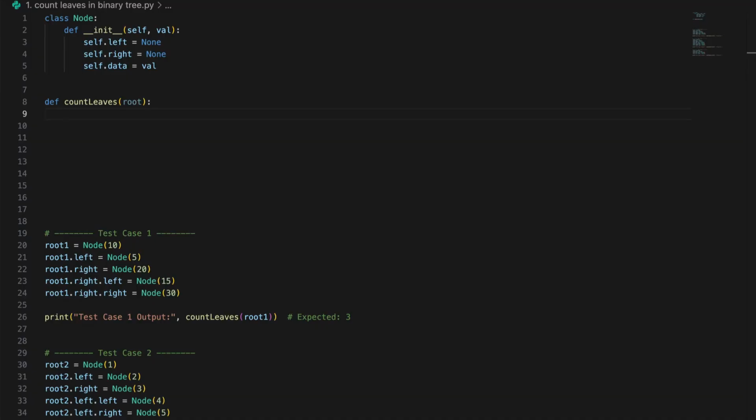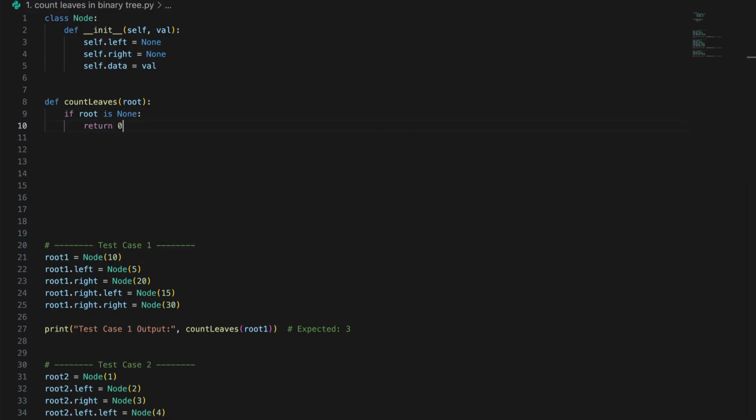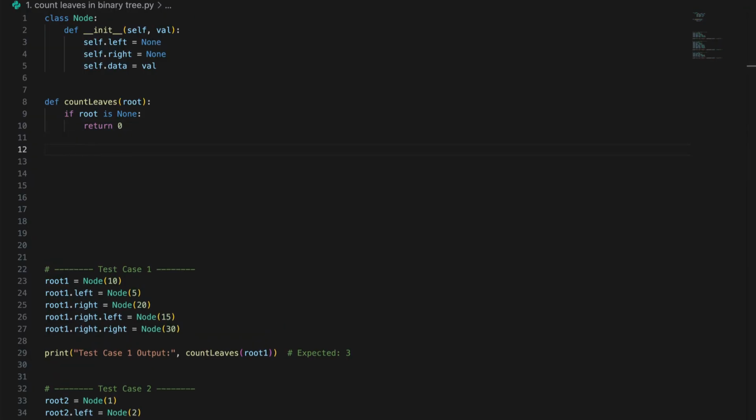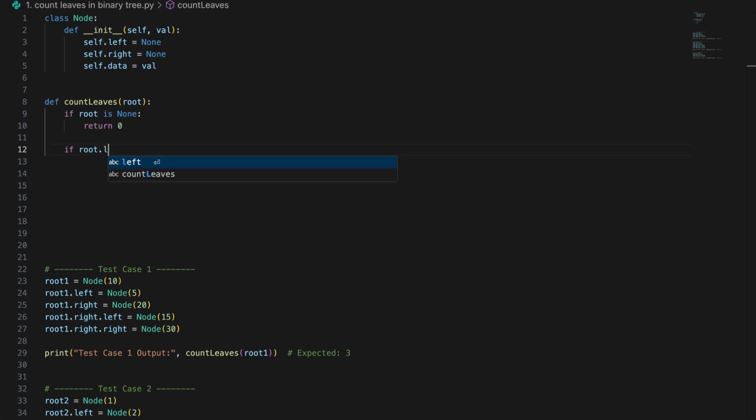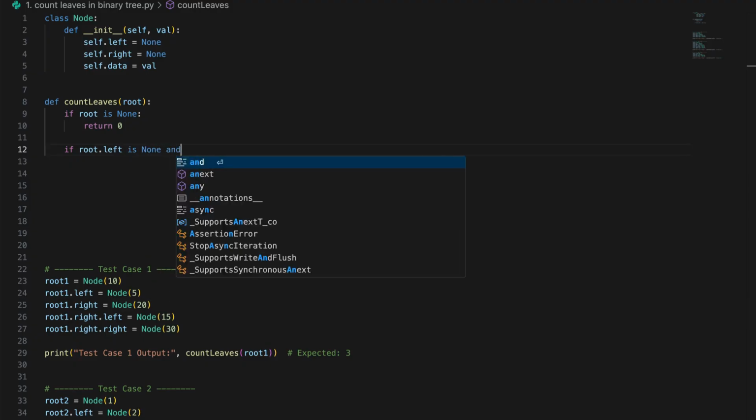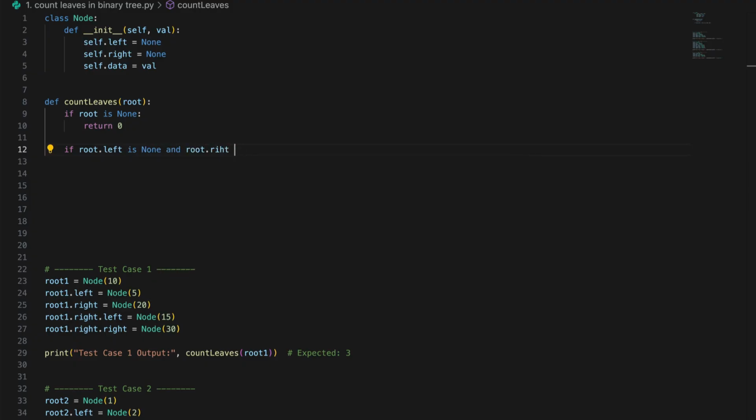All right, let's code up the DFS approach quickly. We have defined a function count leaves that takes the root of the binary tree. The first base case is if the current node is null, there are no leaf nodes. So if root is None, then we return 0. The second base case is if both left and right children are null, this node itself is a leaf. So if root.left is None and root.right is None,